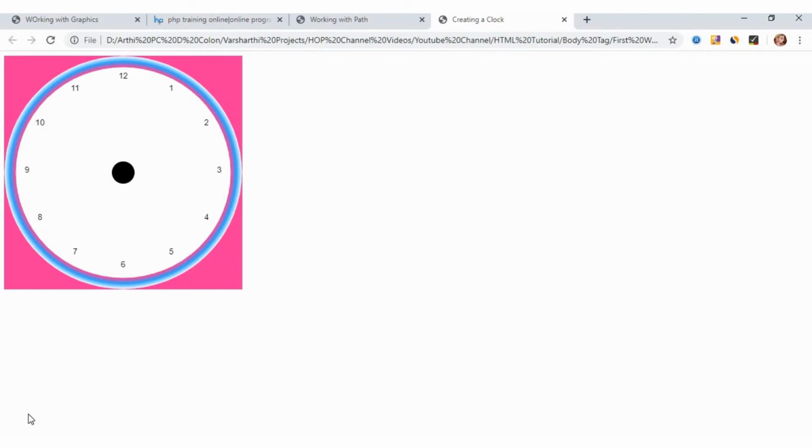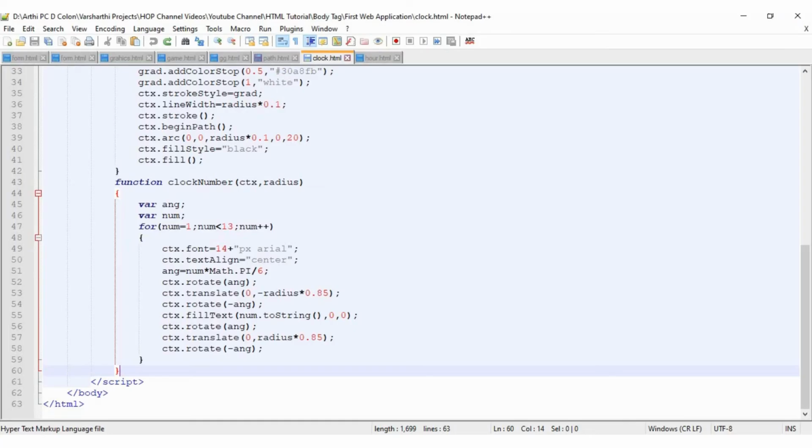So if the time is 12, the minute and hours hands should be at the number 12 and the seconds hand should be in rotation, right? So for this we have to calculate the time. After that we can calculate the angle for placing each hand, which is the minute, hour and seconds hand, right? So let's see how to do it, right?